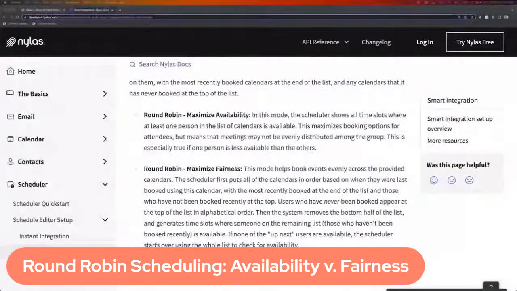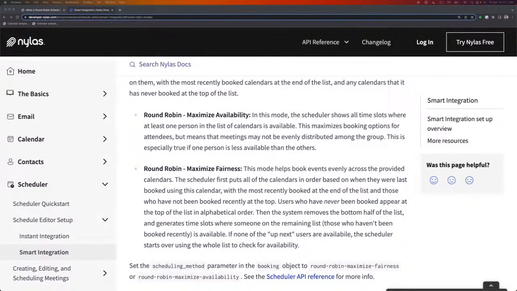And I just want to show the different algorithms or concepts that we use. So I'm going to share my screen again, but we're going to look at 2 different algorithms that we have. So it's availability and it's fairness. So let me share my screen again. Sure. There we go. Okay. So on the actual scheduler documentation,